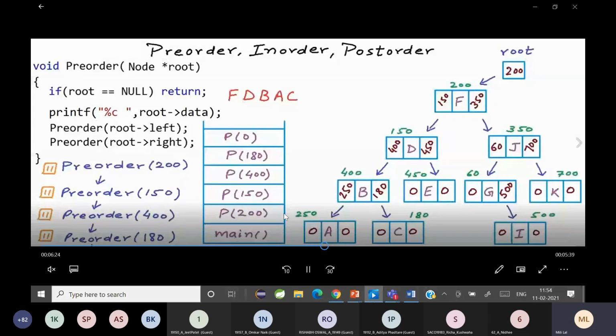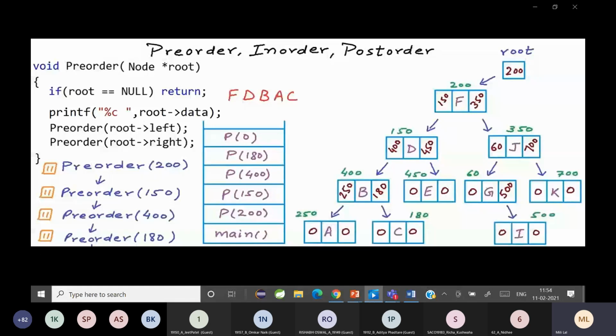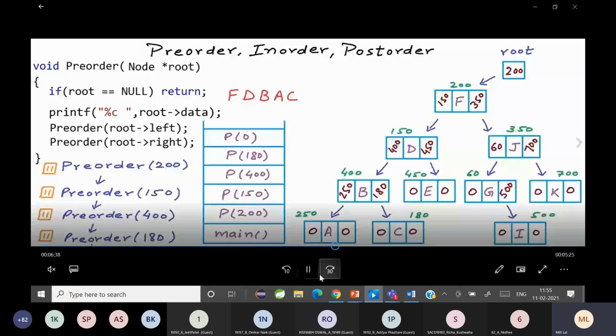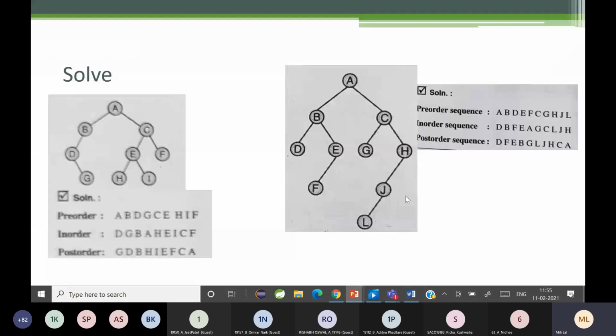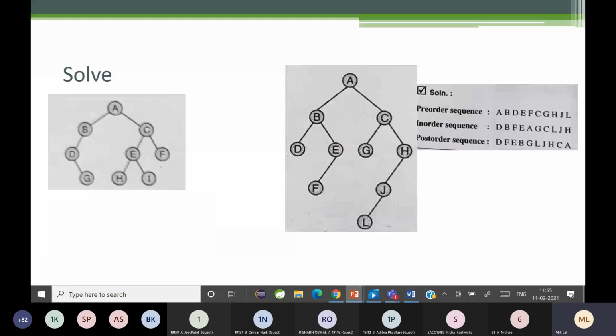Is that clear? That is why it is a recursive algorithm: you continuously go to the left part, complete it, and then go to the right side. Is it clear, everybody? Yes, ma'am. So that's how a recursive algorithm works for in-order, post-order and pre-order.